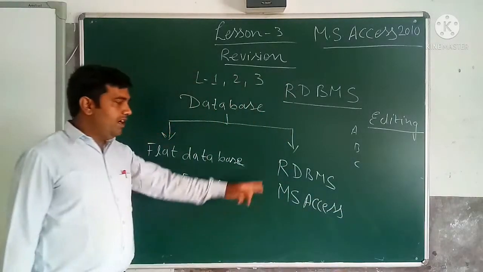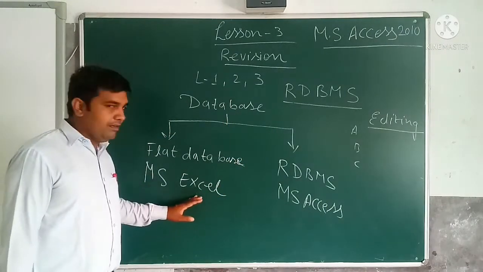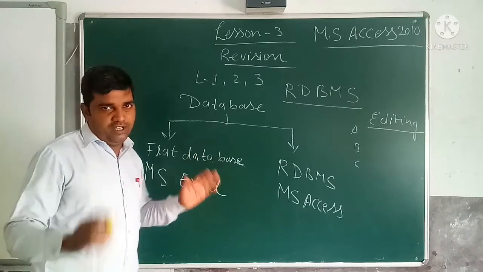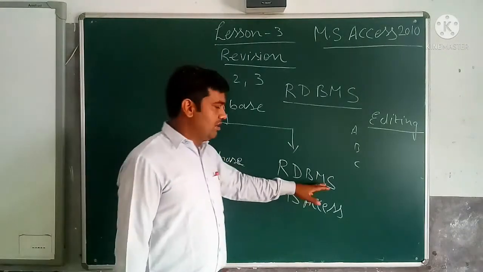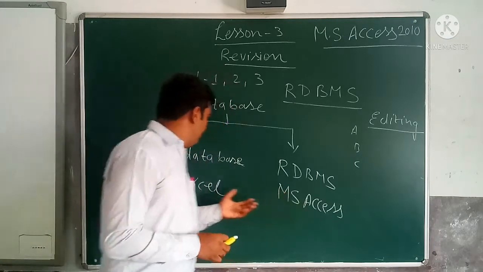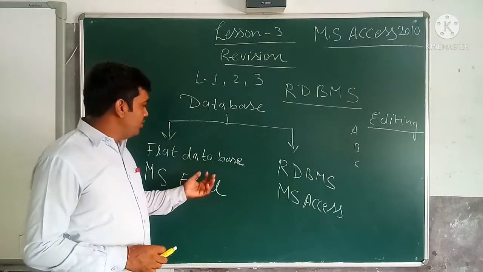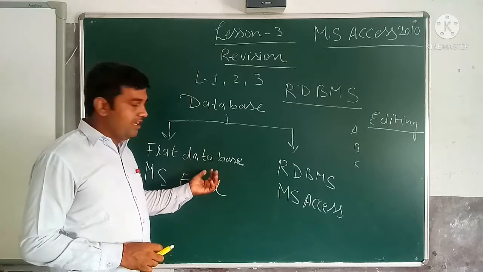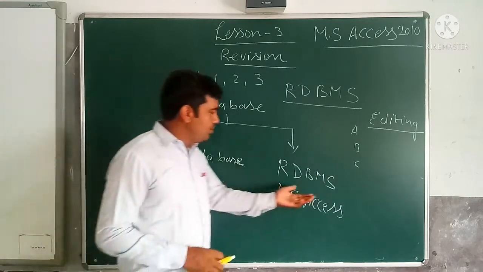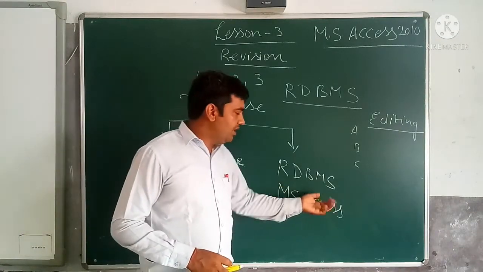This is the example of the RDBMS. In the flat database, the information is stored in an organized manner. RDBMS also stores the information in an organized manner. Here, it is also used for retrieving or storing the data. This is also used to access the data or store the data.